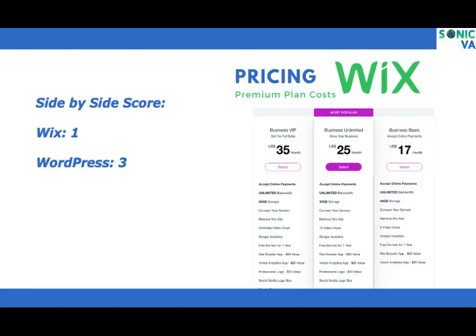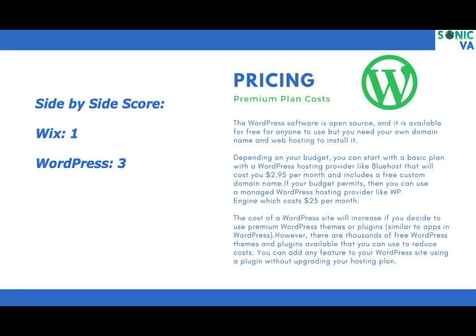There's 3 levels. You can go with the basic, the business plus, and then the VIP. And if you use one of those, you get more features, but mostly they give you all the basics that you need to do a website. There's not a ton of value in upgrading it with Wix. If you want to upgrade, if you want to spend more money in a website, that's where you want to go to WordPress. Their Platinum plan is a monthly fee of about $25, and allows you to host your page